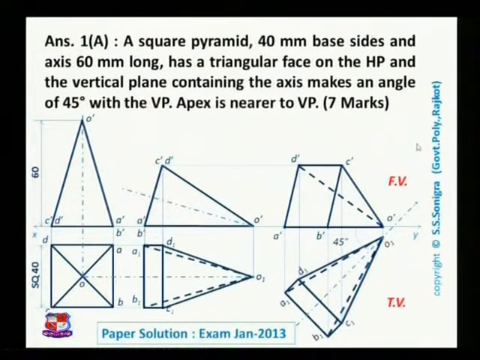Not front view, front view, front view, top view, top view, top view. You can write once only. It's a front view. All these views are front views. All these views are top views. Mention the angles. This angle is 45 degrees. It should be written over here. And in the front view, all these points should be given names with a dash mark, and in the top view without a dash.